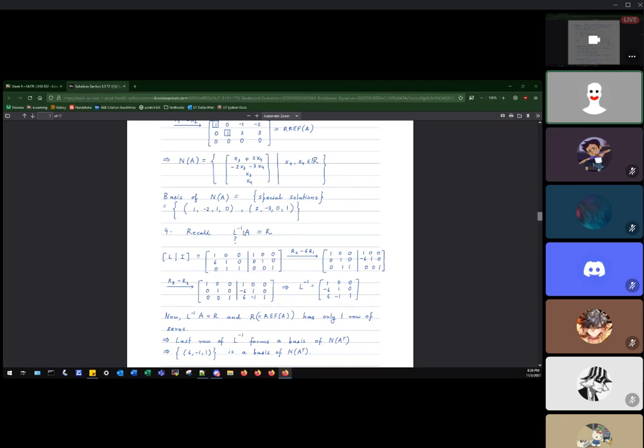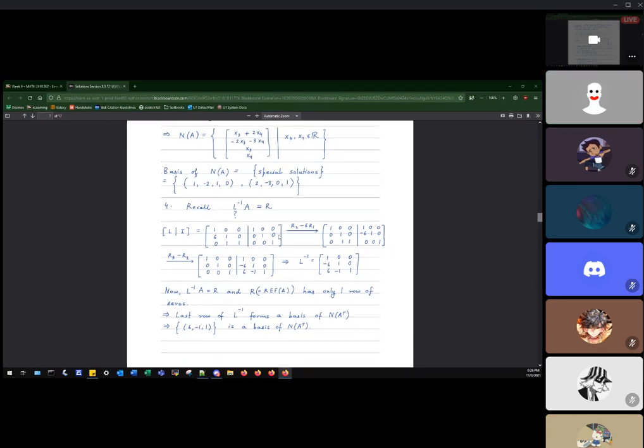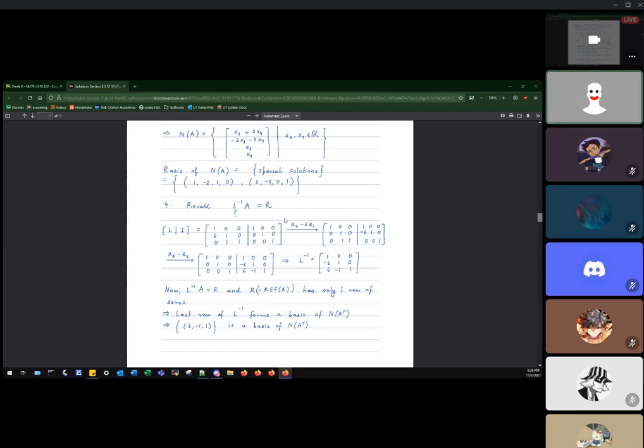You're going from A equals LR to L inverse A equals R. You're finding L inverse and, oh, this is the elimination matrix. L inverse is the elimination matrix, and you're